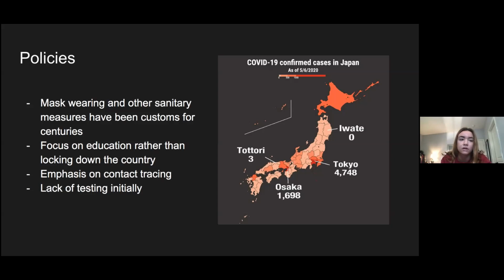In June of 2020, Japan released their contact confirming application, which notified users if another user with whom they shared 15 minutes of close contact had reported that they tested positive for the virus. Obviously this app had flaws because not all citizens had the app and not all reported a positive test or even got tested in general because, as I mentioned previously, Japan had low levels of testing.